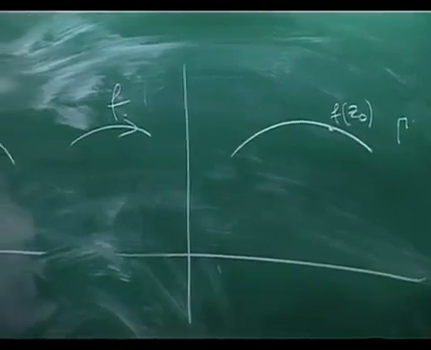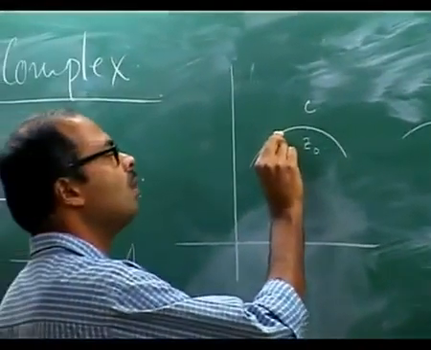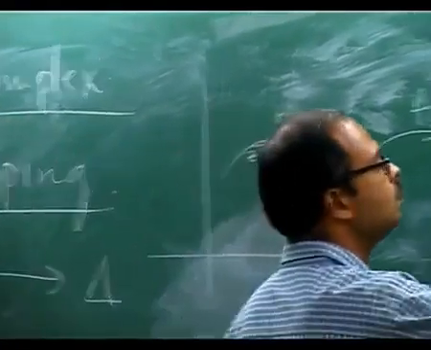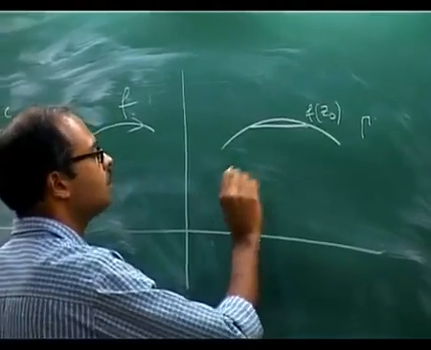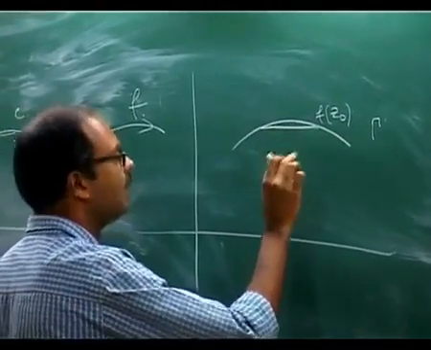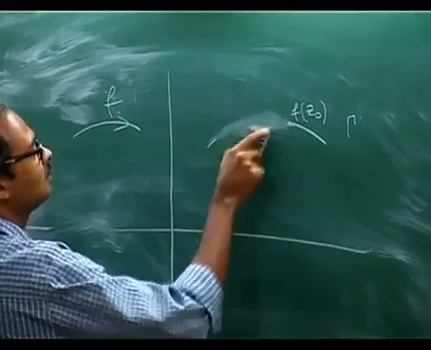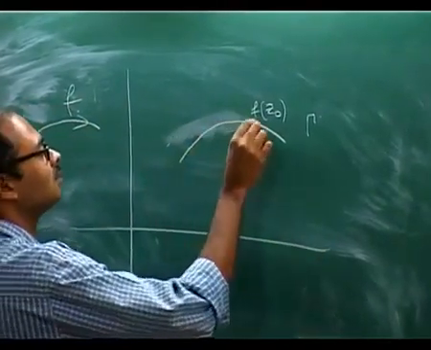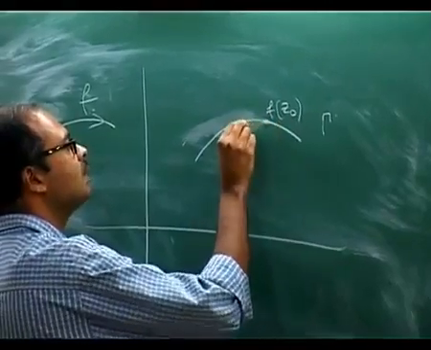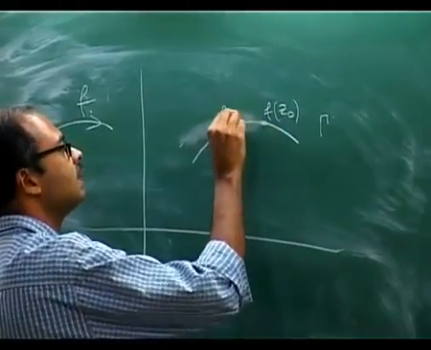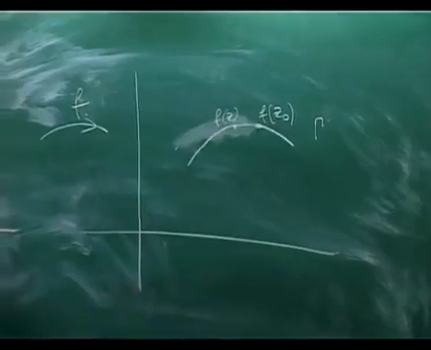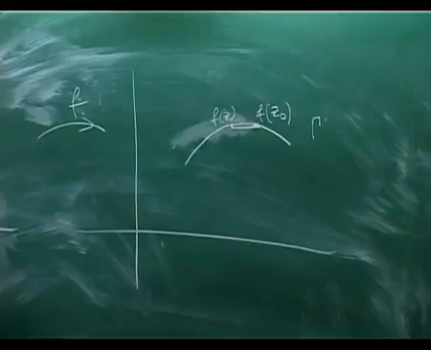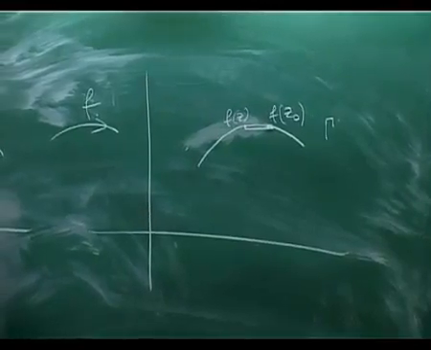Now I look at a small chord close to this, so Z. So from Z to, okay, by my drawing it has become so bad. Let's make it more curved. So this is my point and this is my F of Z. Now what is the angle here? What is this angle?